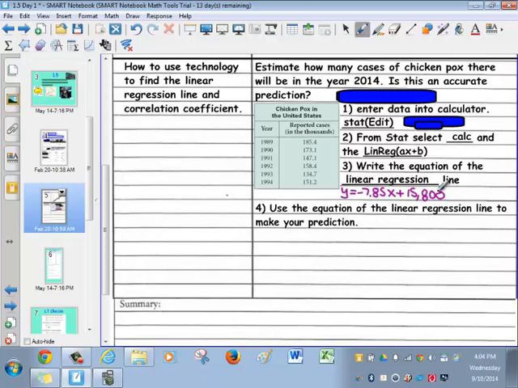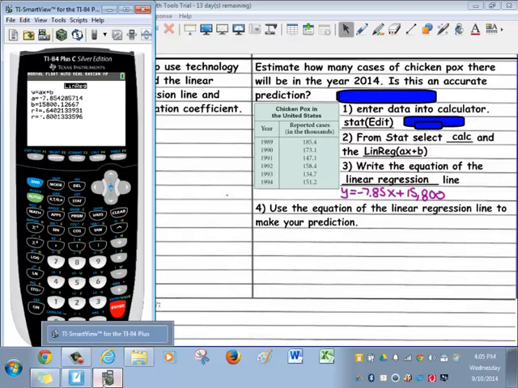Well, we'll find out. Maybe we'll find out more about that. So, guess what else it gave us? We don't need it for this problem, but it does tell us a little bit of something. When you look at this, look at what our R is. Our R is negative 0.8, which means it's a negative,